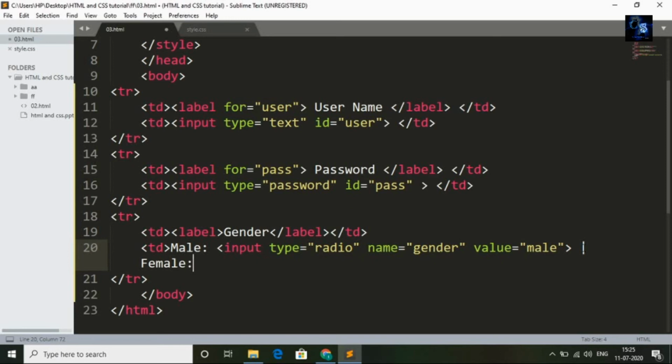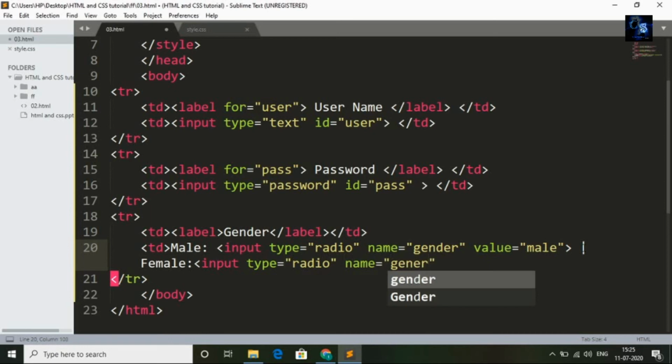Female, colon, input type radio, name gender, value female.